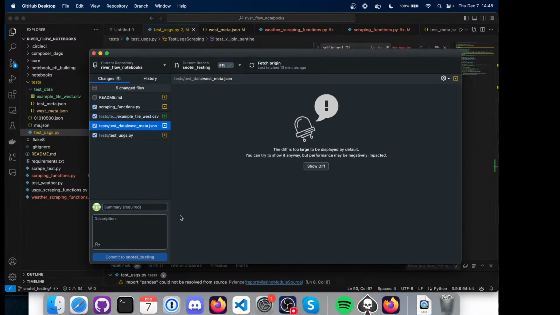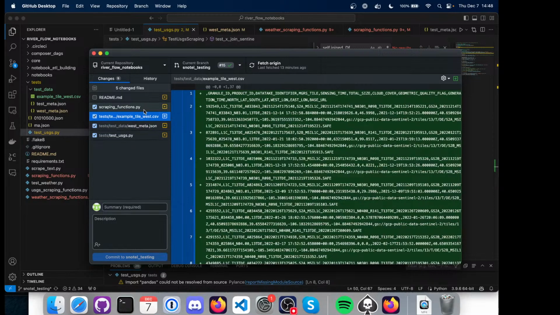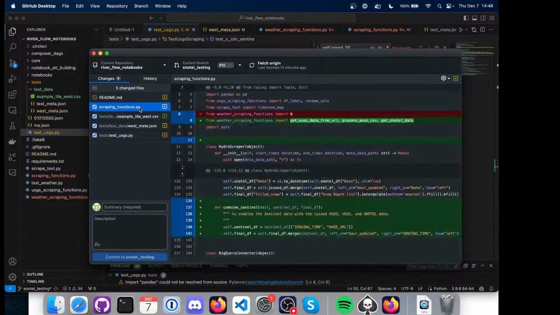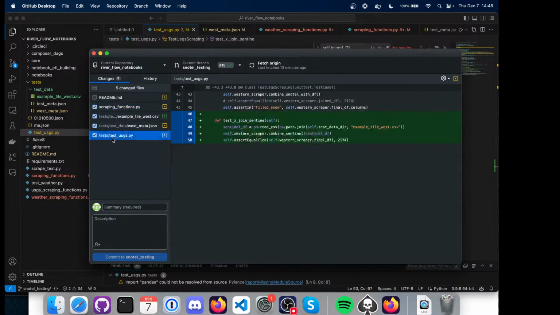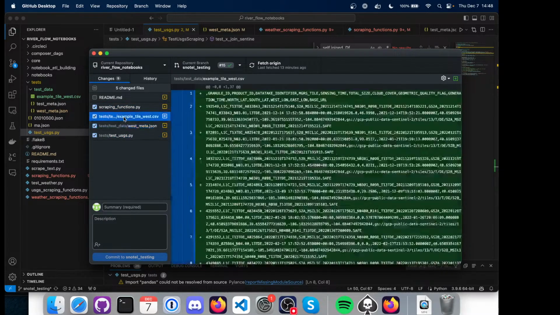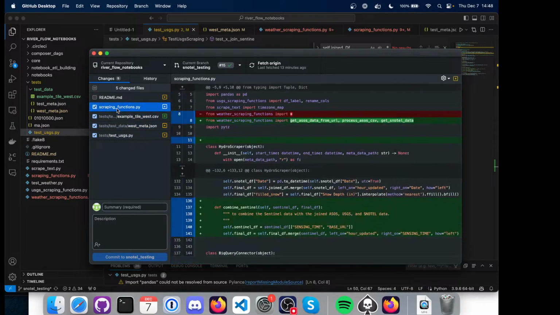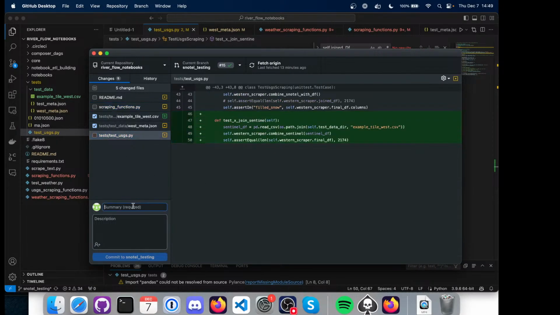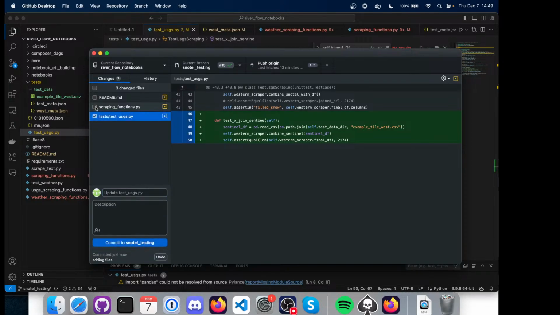Let's see. Oh, a lot of things. I'm gonna batch these as 2 commits just to make it easier. Adding files and then